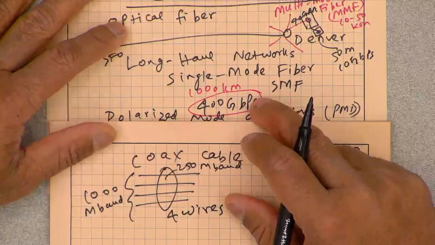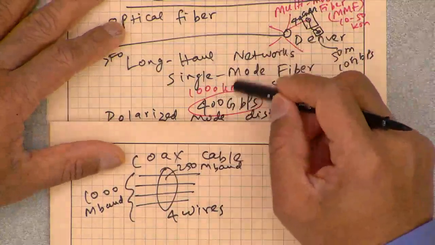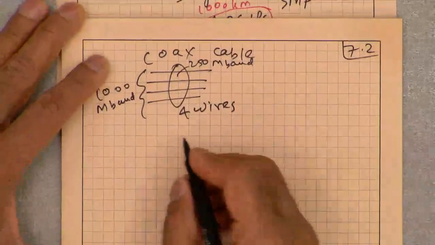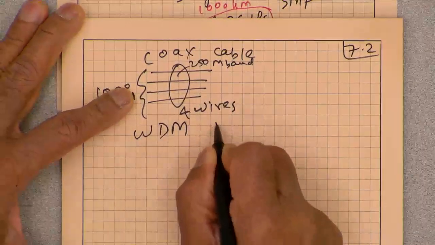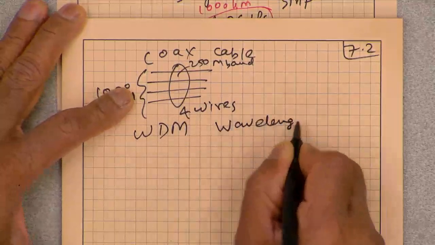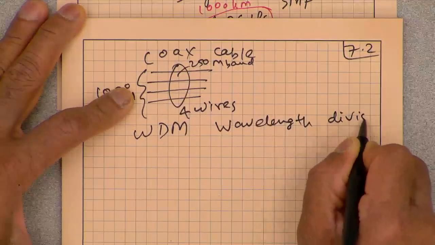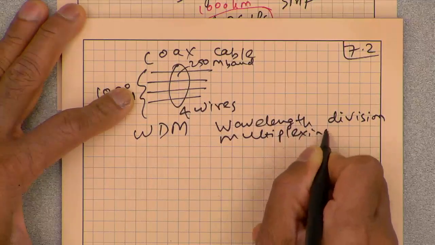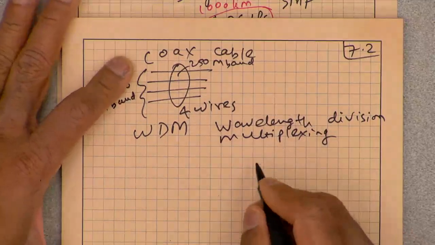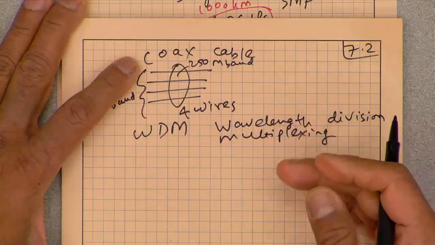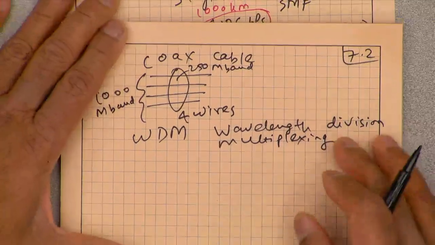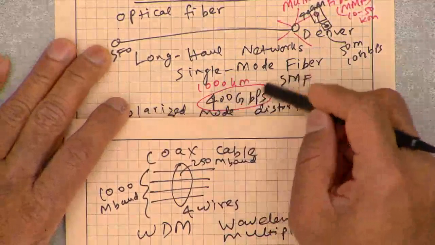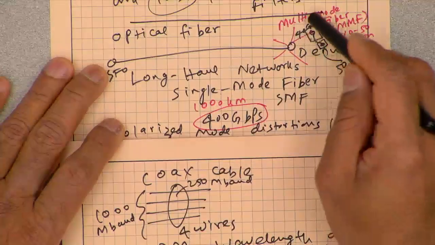if I have 10 different wavelengths, for example, wavelength division multiplexing. Some of you might have heard of WDM, wavelength division multiplexing. So here we are multiplexing in 10 different wavelengths. Then I can effectively increase the throughput of data transmission by having multiple wavelengths, and the same here as well.